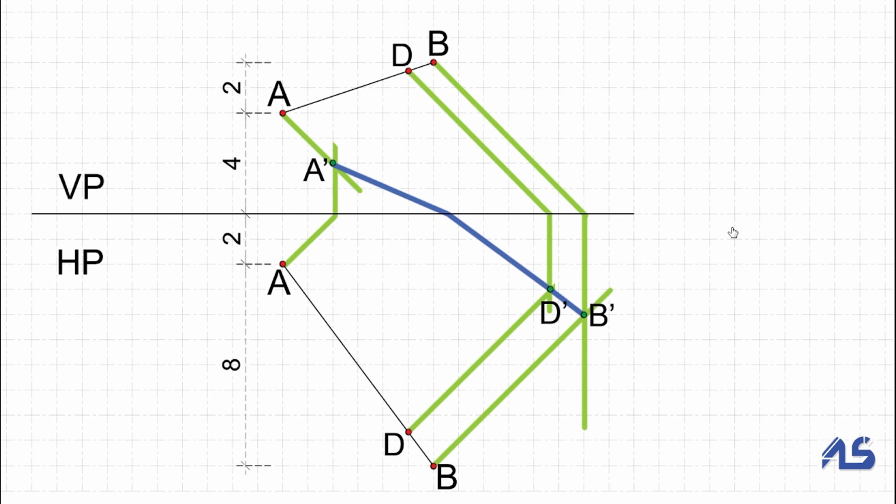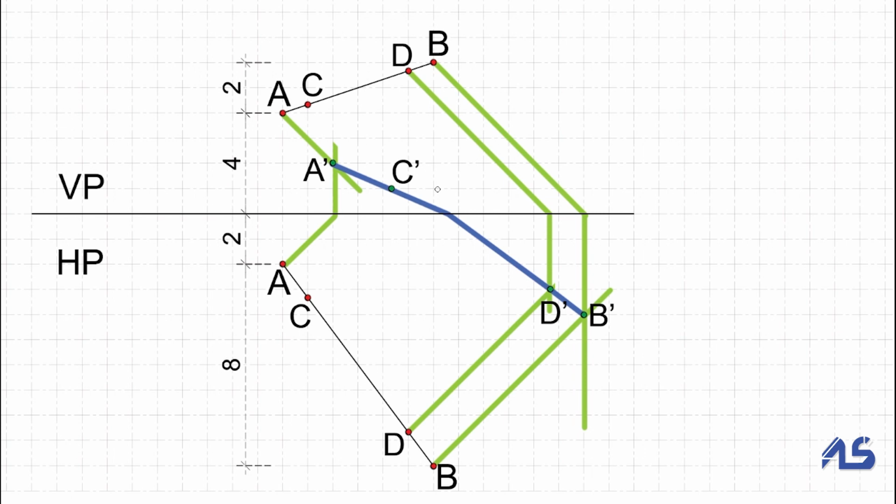So in this way we can solve this question by locating any of these extra points C or D and solving it. If I join A dash to B dash directly, why will this not be a correct solution? Because A dash is in VP and B dash is in HP. If I am joining A dash to B dash directly, it means a line is drawn from A dash to B dash without traveling in a vertical plane or horizontal plane, because actually the direction of shadow has to start in the VP and continue in the VP until it reaches the reference line, because shadow needs a plane or surface to be cast on,